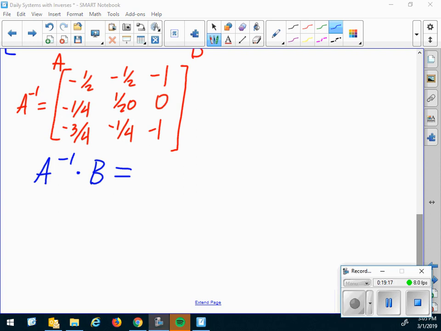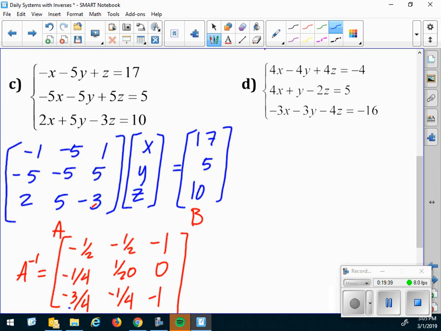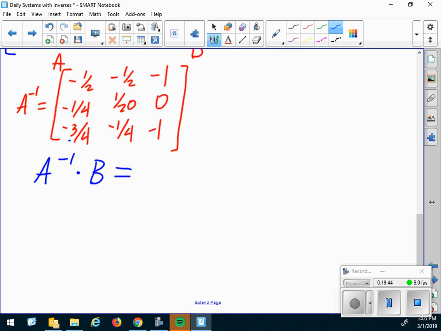So what you're going to do now is type in A inverse times B. Get your A inverse, times, and then get your B. And remember, when I say get a matrix, that means you go under names. B should be the 3 by 1, this one right here. So if we do matrix A inverse times, use the times symbol, matrix B,